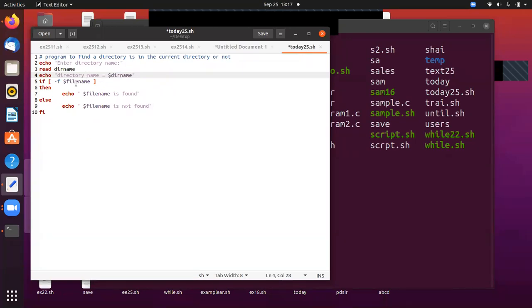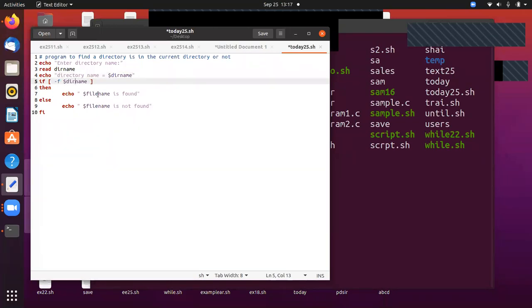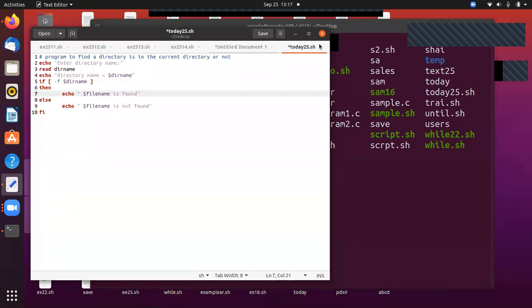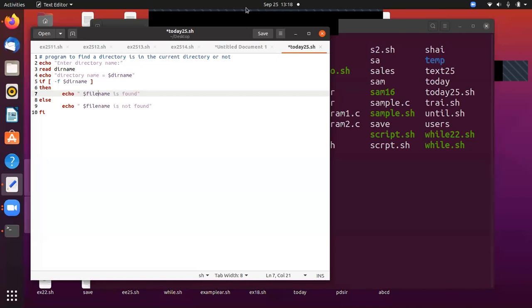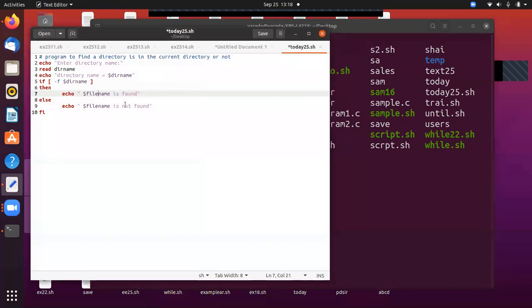Okay, so now I'm going to check -f file name. In this you are going to give dir name. If it is available, then you are going to print dir name found, otherwise dir name not found. Any doubts? Okay, no issue. So in this we give dir name is found, in else dir is not found.